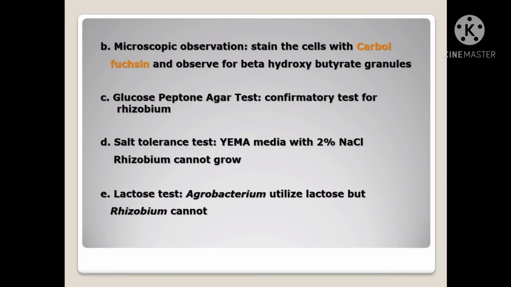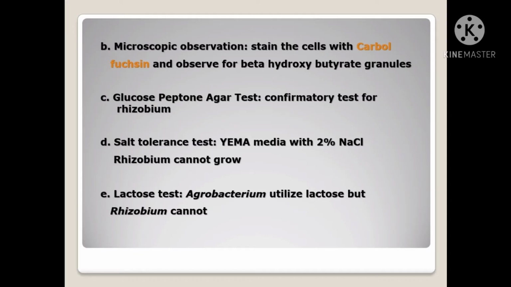Another method is the glucose peptone agar test or GPA test. It is a confirmatory test for rhizobia. We can simply cultivate the suspected colonies over glucose peptone agar medium. If it is not growing, we can confirm that it is rhizobial colonies. Next method is the salt tolerance test.